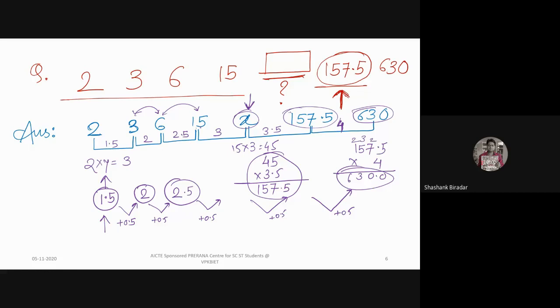So in this way also you can think. The multiplication factor is not always a constant figure, otherwise it would become a very simple problem. Now here, what you have observed is you have to establish the relationship between two successive numbers, and also find out whether there is an increment or decrement. If there is an increment, by which factor it has been incremented, or if there is a decrement, by which factor the sequence is decremented.